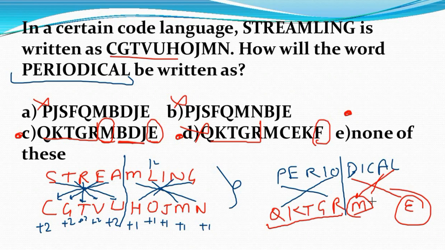So A plus 1 is B, and I is 9, and 9 plus 1 is 10, which means J, and C plus 1 means D. So M, B, D, J, E, and the last 5 letters are fully matched. The correct answer for this question is option number C. So moving forward, the next question is